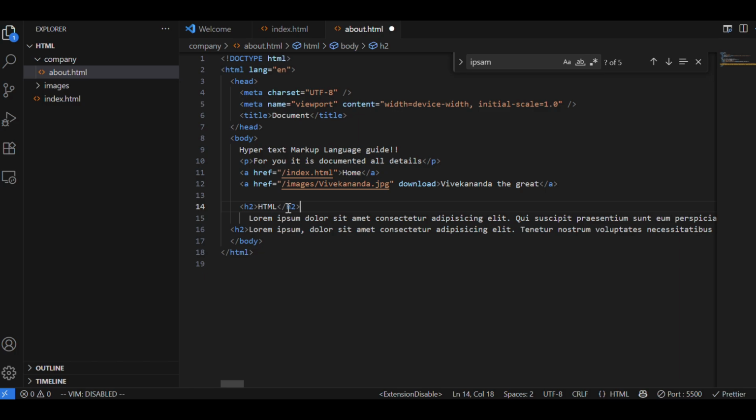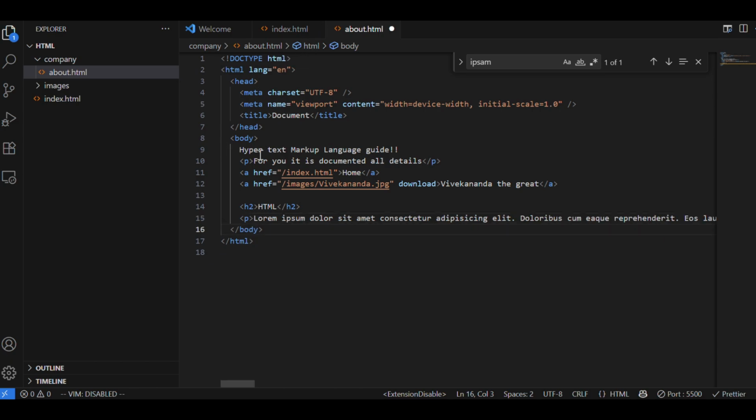Okay, then I cancel this, and here I write. Okay, let me delete this. Let me formalize it. Let me plan for another section called CSS. Okay, like this H2, and let me put CSS, and let me add another paragraph element for lorem